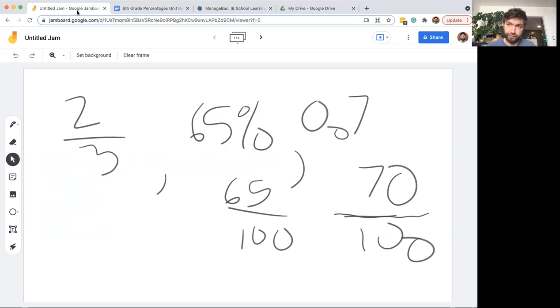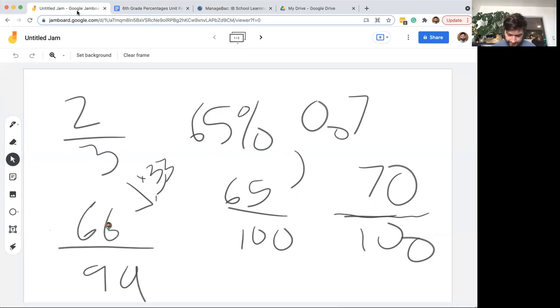Now, 2/3, remember from before, if I see a 3, a 9, or 11 in the denominator of my fraction, I'm going to get a repeating decimal. And those are going to, I want to have 9s in the denominator. So I could turn 2/3 into 6/9 like I did earlier. That doesn't help us compare. But what if we turn it into 99, which is really close, which makes it easy to compare? 3 times 33 equals 99. Okay. So I do the same to my numerator. 2 times 33 is 66. So I now have